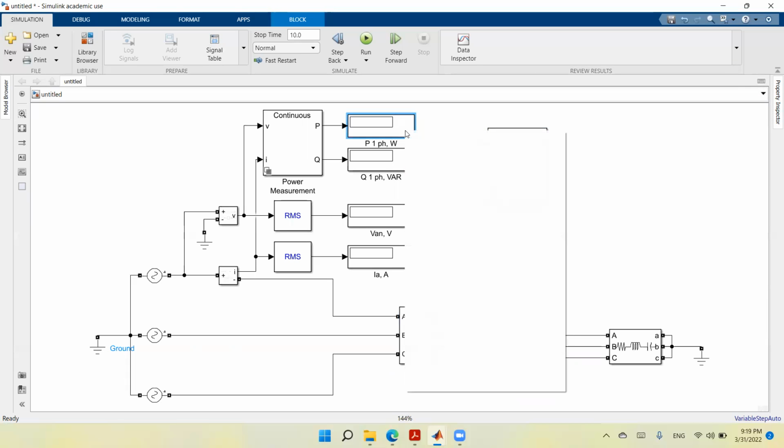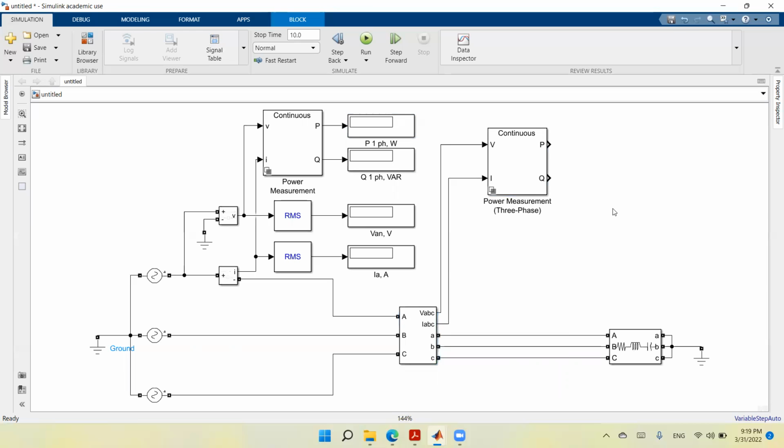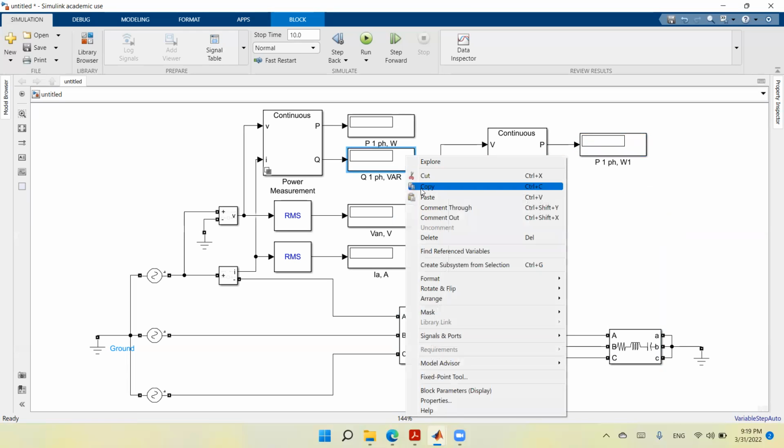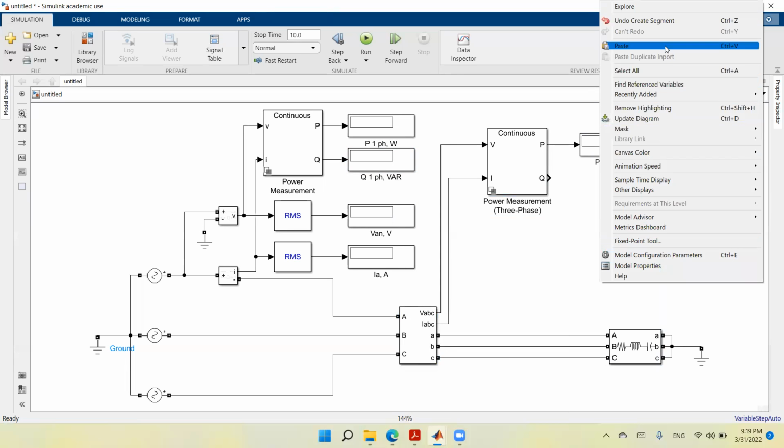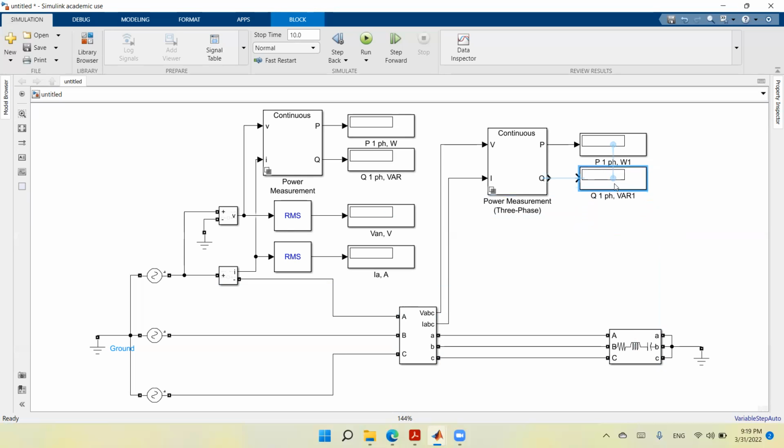Again, I need to have one display to show the values of this three-phase power. So this is the display, and the other display is to show the values of the three-phase reactive power. So copy and paste, and then you connect them to the reactive power. Now I want to change just here to make it three-phase, so we understand that this is the three-phase reading. And here I want to change the reactive power also to be three-phase, and it will be measured in volt